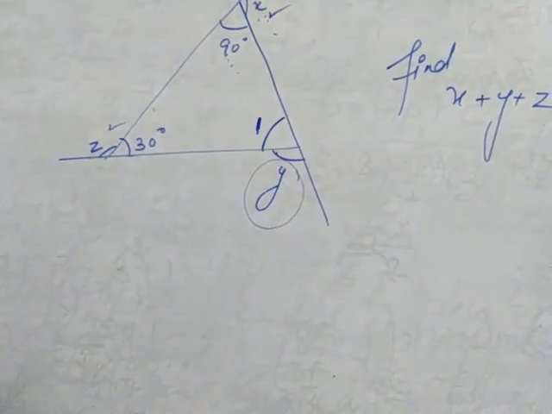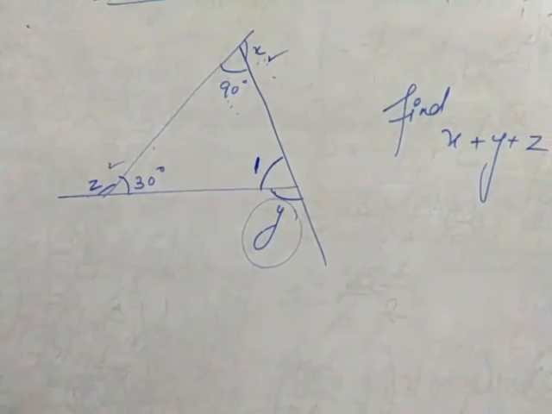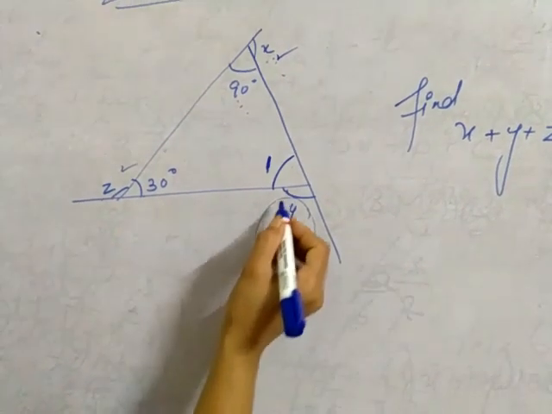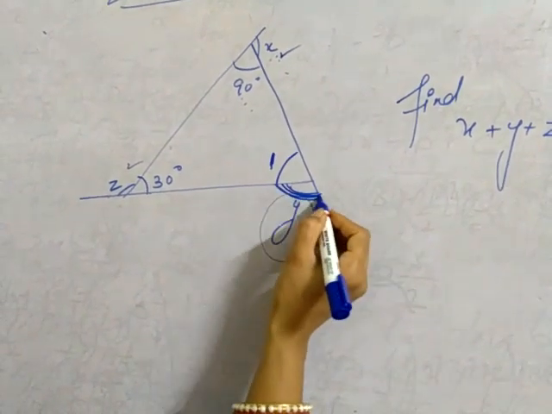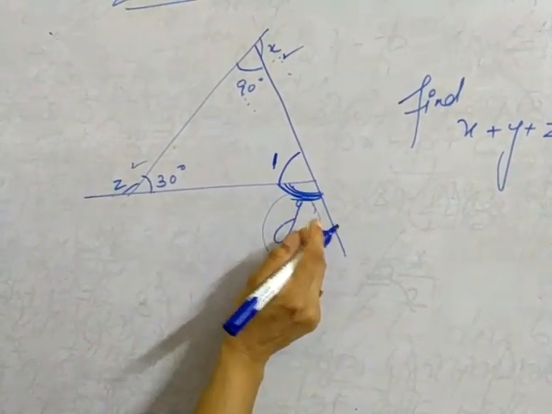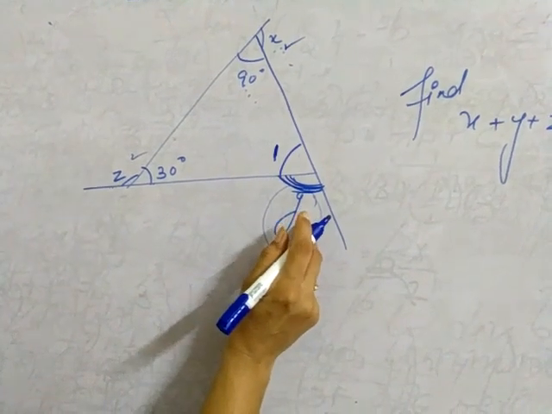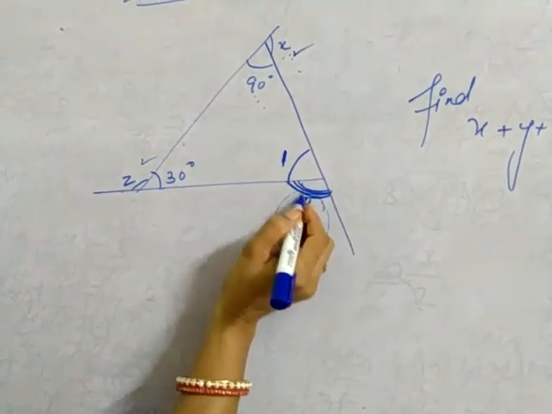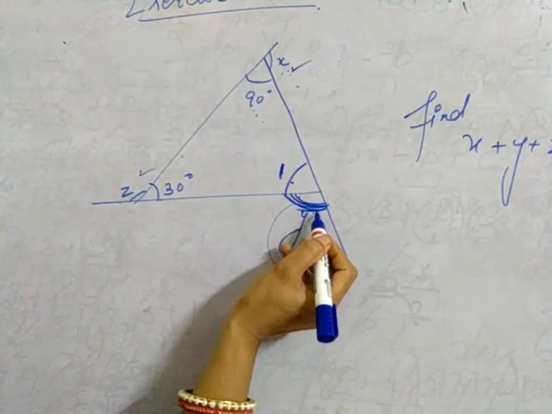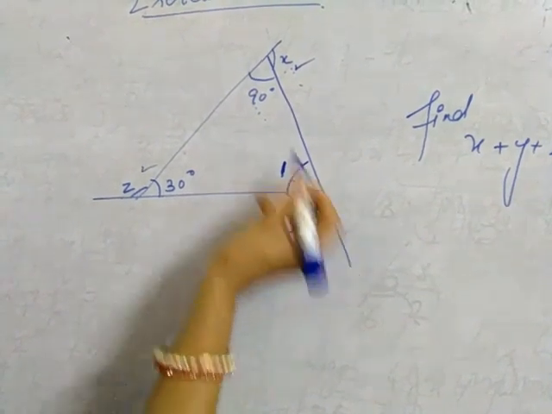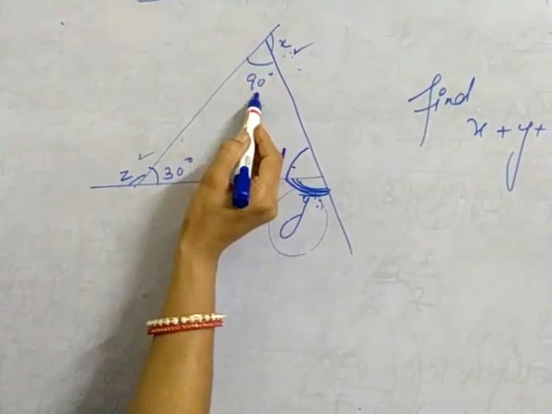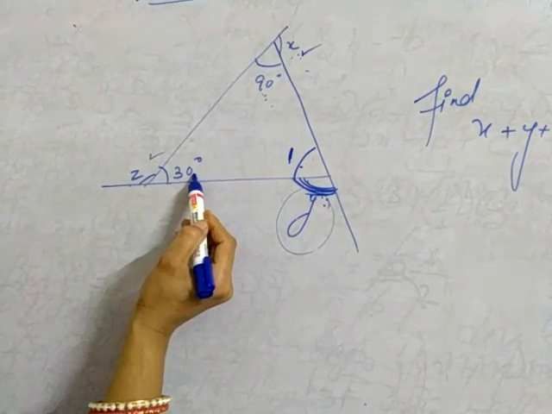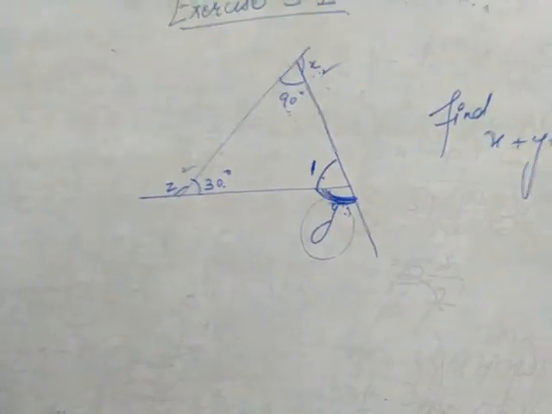One method is this. The second method is that you have studied in 7th standard also, that if this is exterior angle, this exterior angle is always equal to sum of opposite interior angle. Now its opposite, this is adjacent to it, now its opposite and that also interior. So it means y is always equal to 90 plus 30. So whatever you find easy, you can go by that.